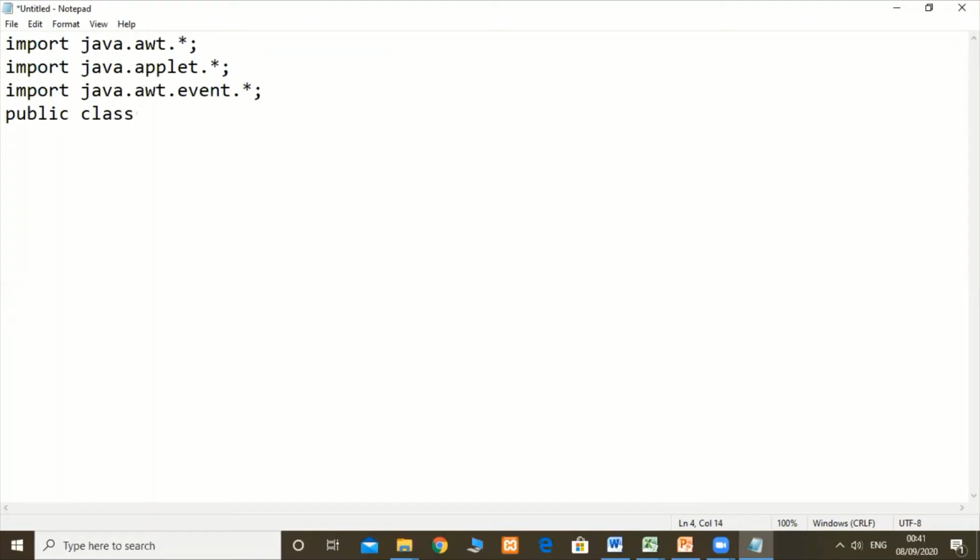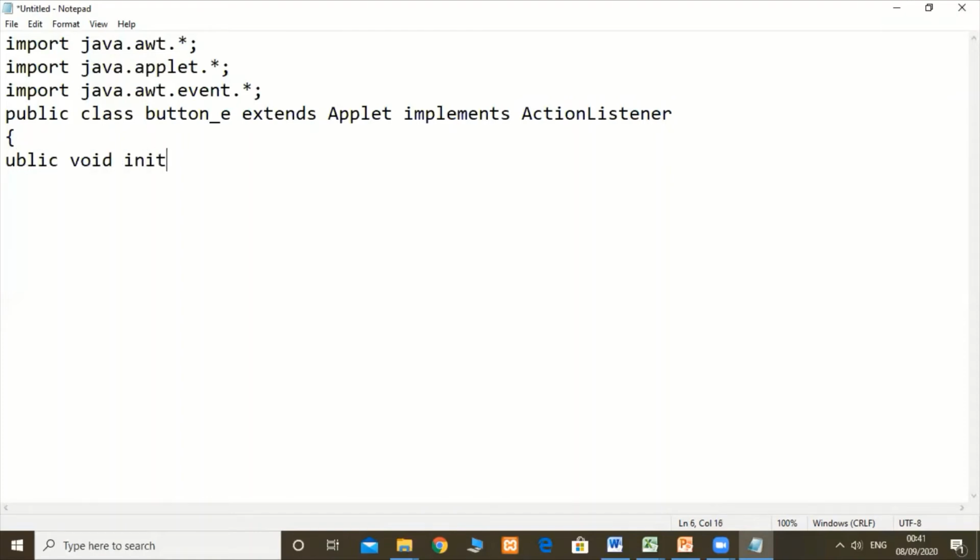Then write the class here: public class Button_e extends Applet implements ActionListener. Then inside the init method, public void init, create two buttons.